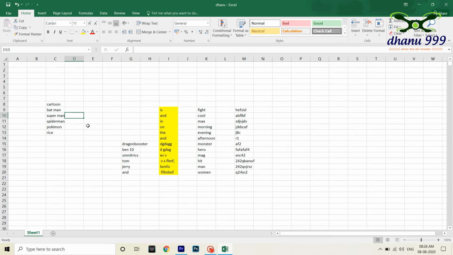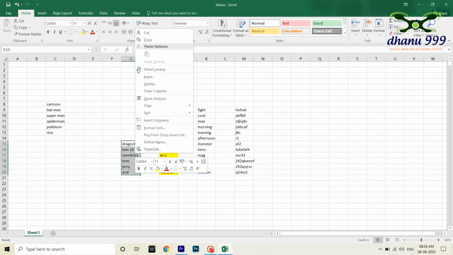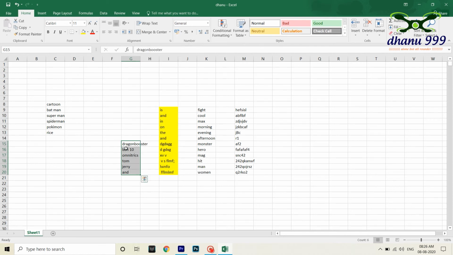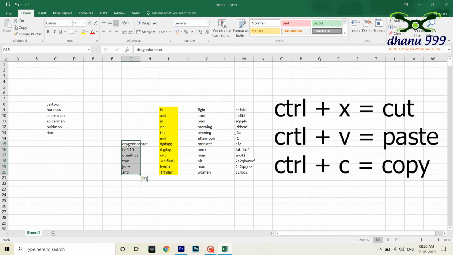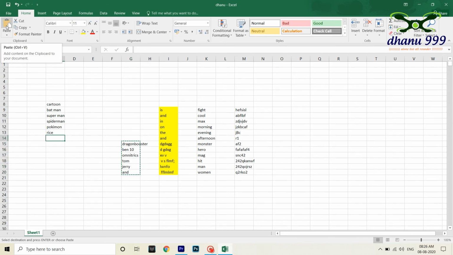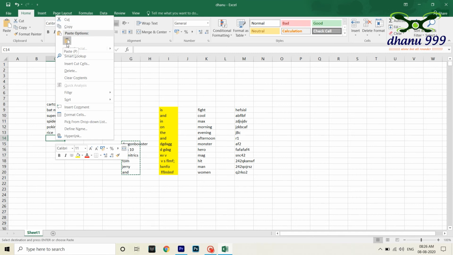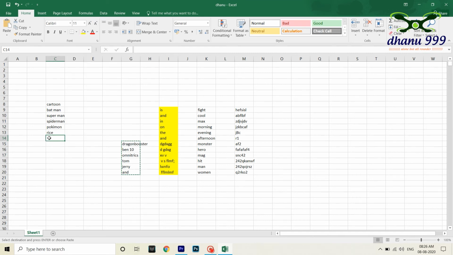Like that Cut is used, and there are shortcuts for this too. We can drag to select, right click, and there is a Cut option here, or we can choose that option from the ribbon. Or there is one more option, Control X. I select like this, press Control X, go to the target and paste by clicking here, or right click and get the Paste option, or use Control V for paste. Like this I can use Cut.